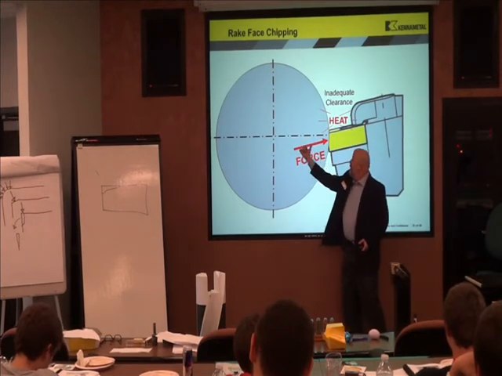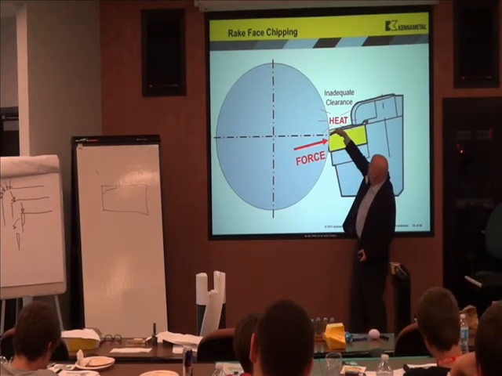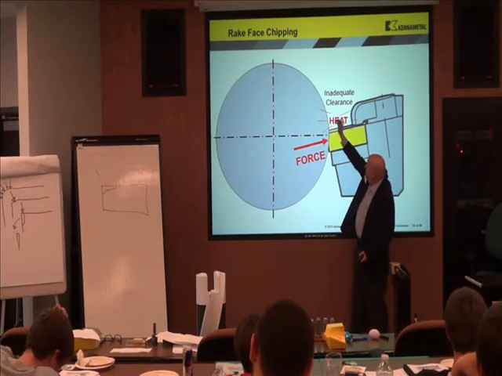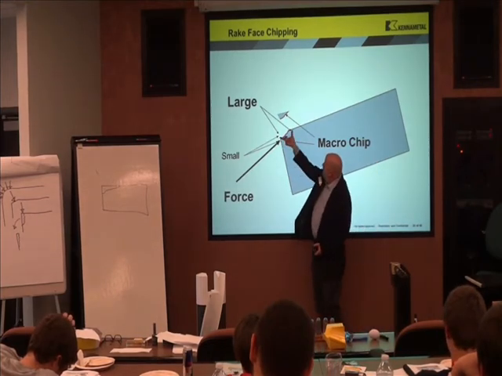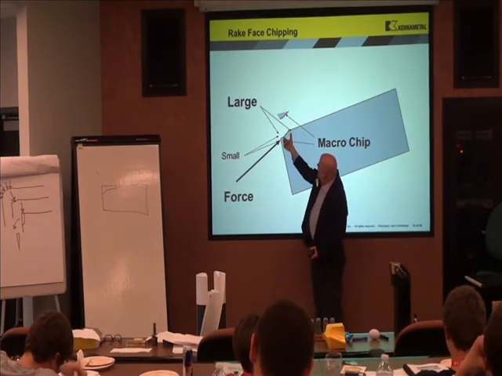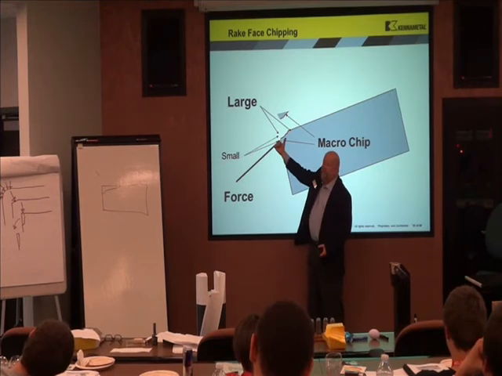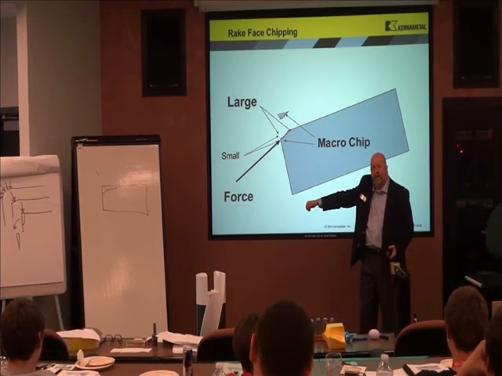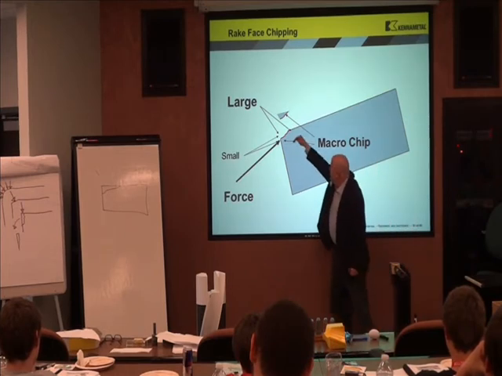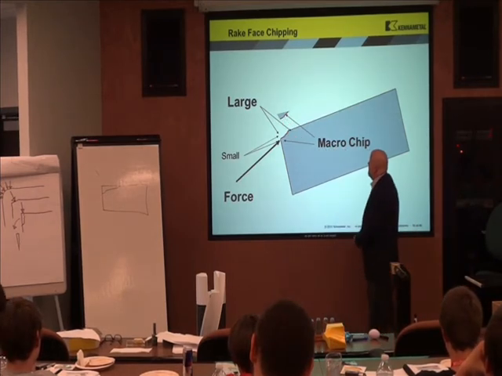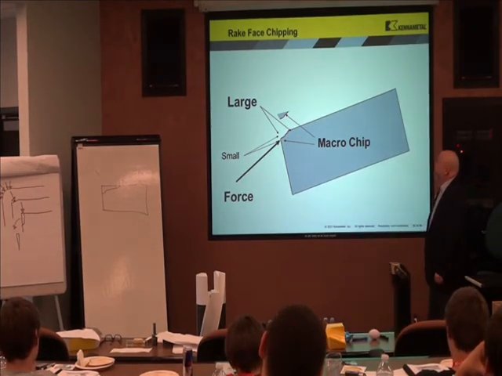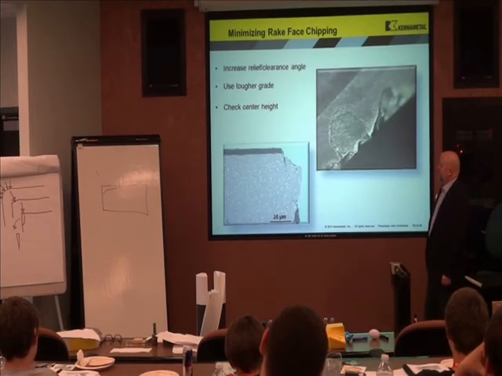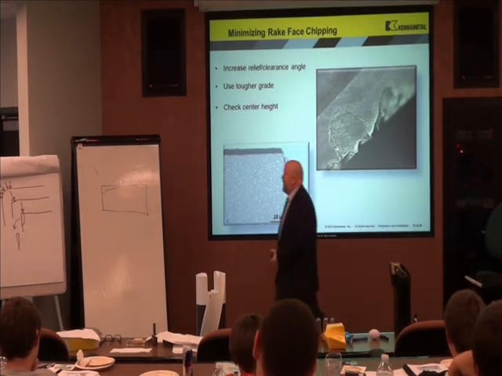I can also get a force here, which is going to cause my top to pop off. Again, the chip is wider here. I know the force came from here. A lot of times you get this from a boring bar that goes below center. You reduce the clearance and the top pops off. What do I do? If I use a freer geometry,